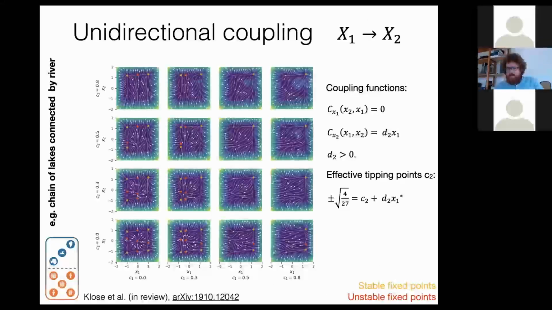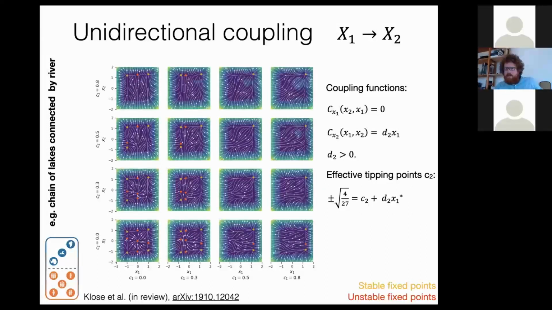So here the coupling function is shown on the right, and this shows the case of unidirectional coupling with a linear coupling term, and so the coupling term in equation 1 is 0. In the second one, it's just a coupling constant d times the state of the first tipping element. So in this case, the first tipping element doesn't feel the second at all. It behaves the same as an autonomous tipping element, but the second is influenced by the state of the first, and in a way such that the critical parameter of the second tipping element is effectively moved around by the first tipping element. And if we can look at that,